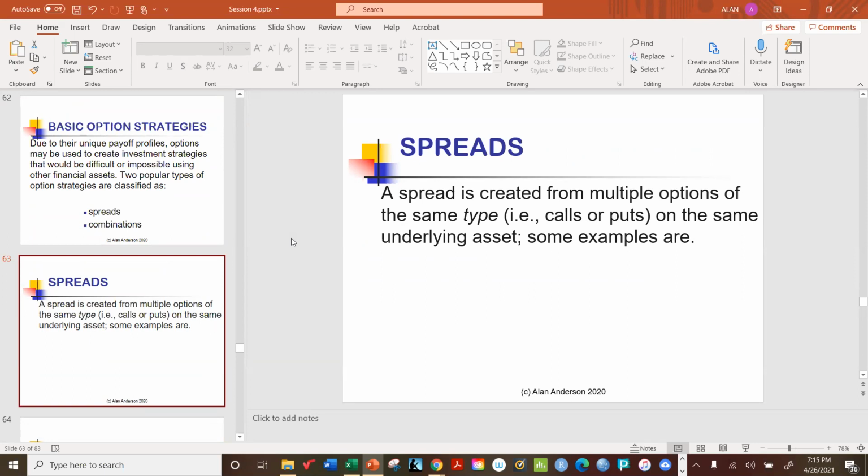It turns out that whatever we can do with calls, we can do with puts and vice versa. Although the exact payoffs may be slightly different, the basic strategy is the same in both cases. So the ones we want to consider tonight